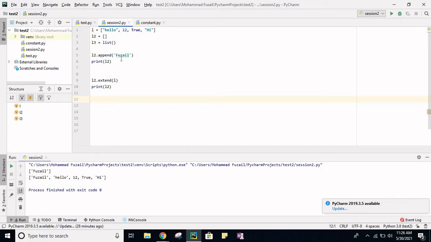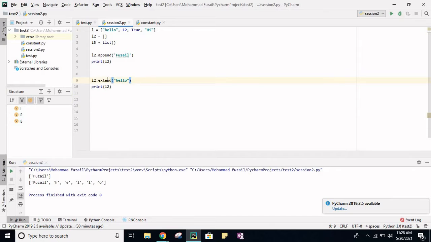So these are two ways to add elements. One way is to add one at a time. The other way is adding multiple elements at a time. The extend function will work on whatever iterable you pass. Suppose you pass a list, which is basically an iterable, and in the same way you pass a string. It will not add this string as an element.